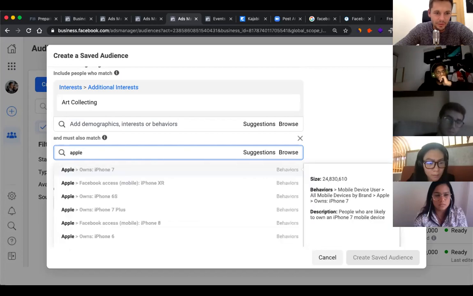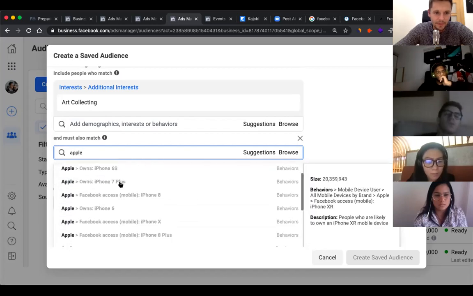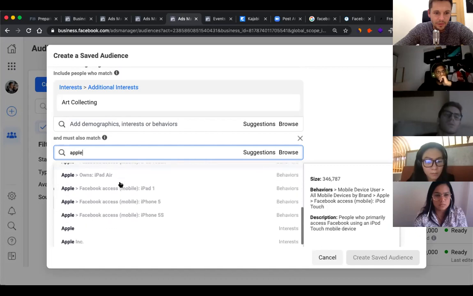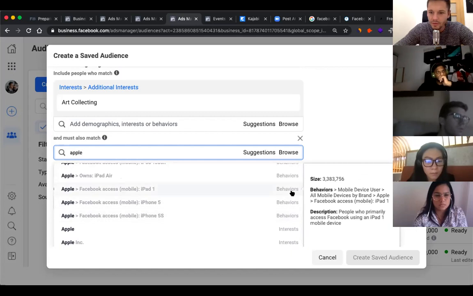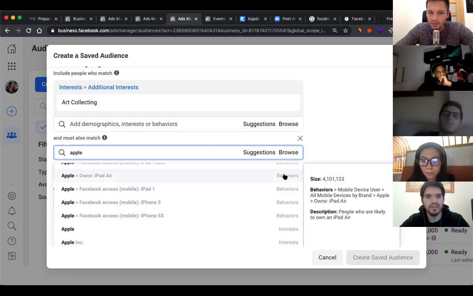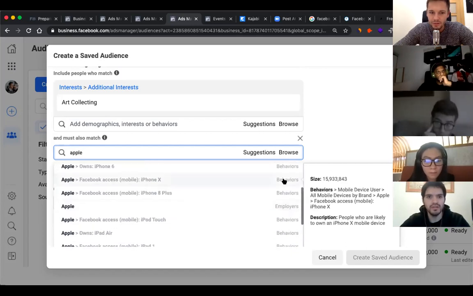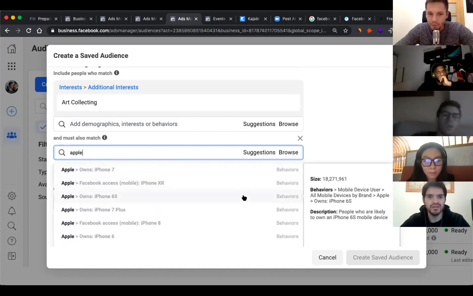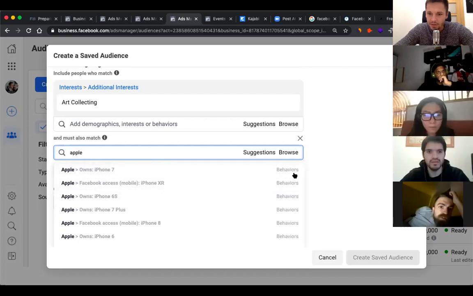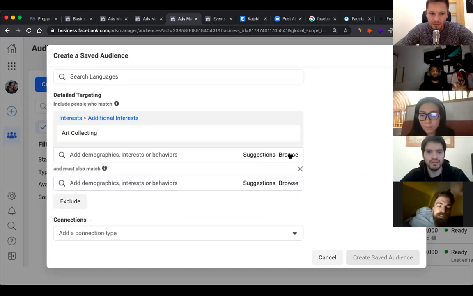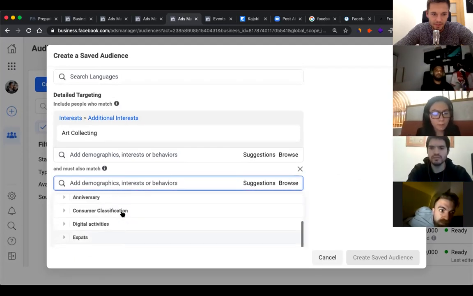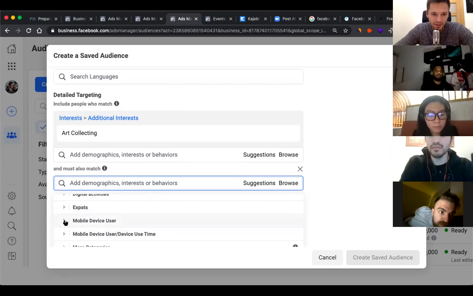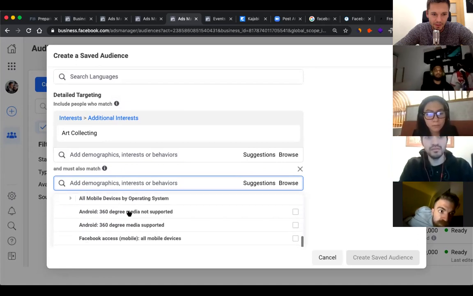Apple. iPhone, maybe? So where is it exactly? It's in here. You were right there, Patrick, it said iOS users, but you clicked it. Where is behaviors? Behaviors. Yeah. And then mobile device user, and then by operating system.